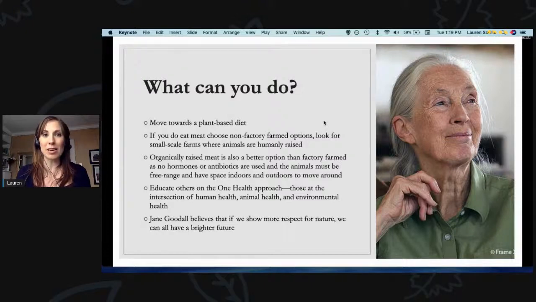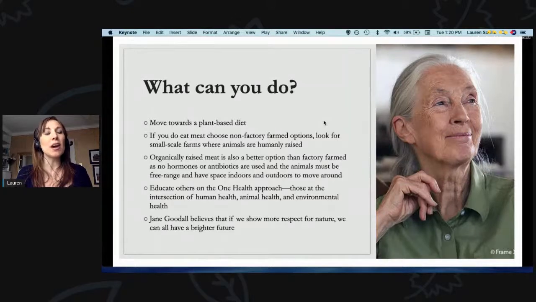I know meat is a big part of a lot of people's cultures and diets, but taking those steps, even if it's just baby steps, is helpful. Personally, I stopped eating beef and pork, and then I ate chicken and fish for many, many years. And then I stopped eating chicken, and then eventually stopped eating fish, and now have phased out most dairy as well. You can definitely take your time. You don't have to do it cold turkey, but it is definitely something that can be super helpful when we're talking about the spread of these diseases.